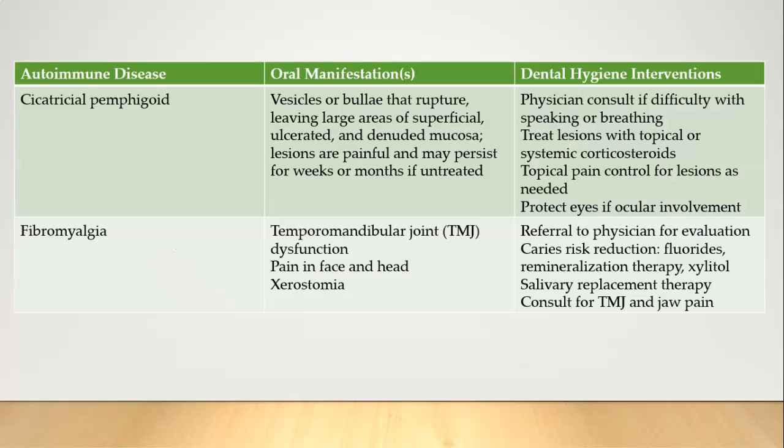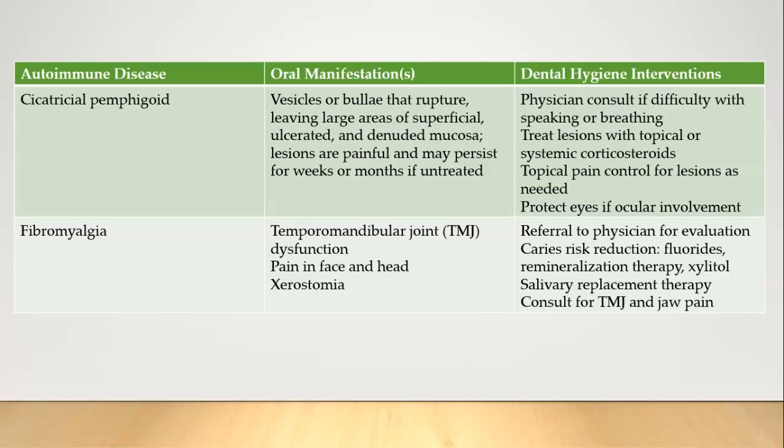So I made these charts to go through. I don't know that I want to read through all of it because you guys can do that. But these autoimmune diseases have very specific oral manifestations, and then these are the interventions. So go through these tables and become familiar with what we see, or at least have the names of these autoimmune diseases trigger a red flag that you'll want to look up. What was that about this